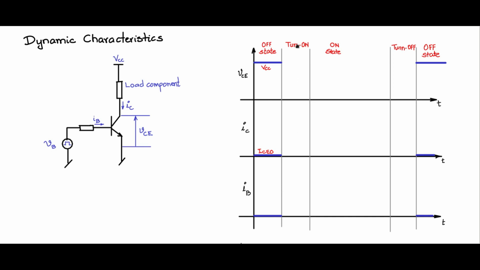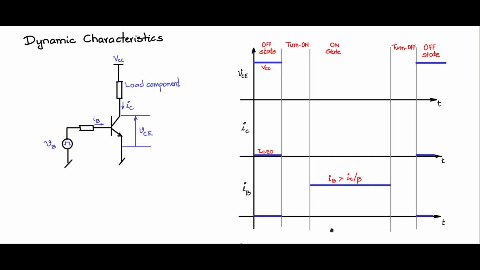So these are the waveforms that you will see, all three waveforms during the off state. Now we go into the turn on and then the on state. But let us look at the on state. What is it that we would like to have? When it is in the on state, we have an IB which is being injected into the BJT. And what should be the value of IB? We want the transistor to be in saturation, and therefore we need to give an IB which is greater than IC by beta. Then only we know the transistor goes into saturation and it is in the on state. So IB should be greater than IC by beta.